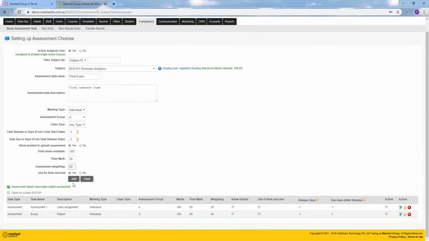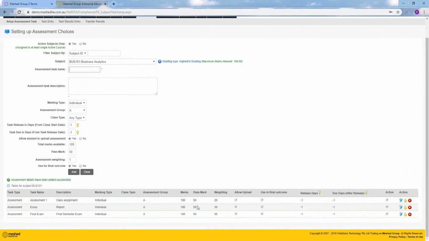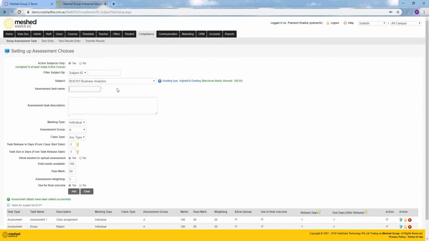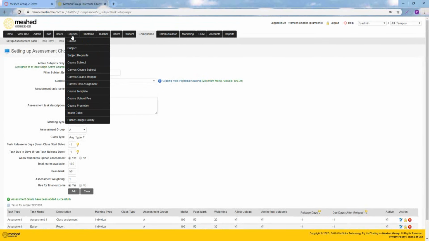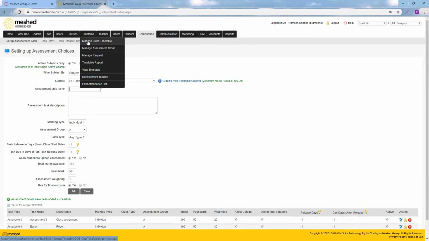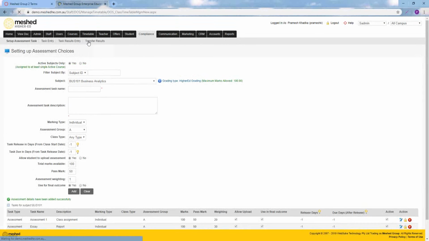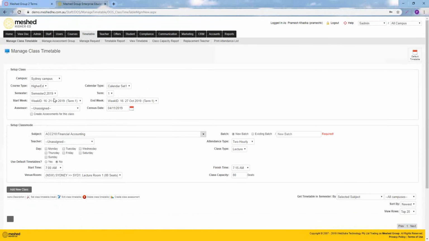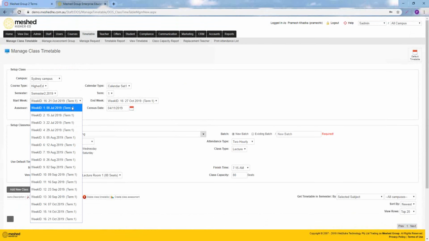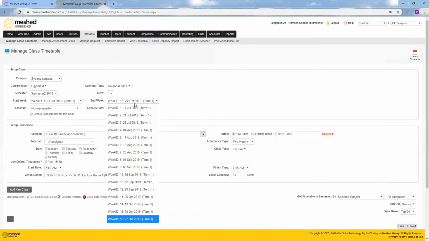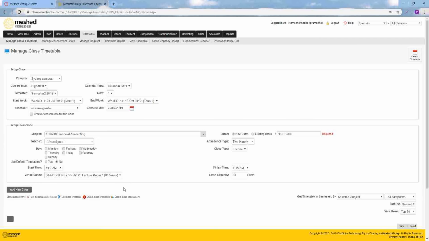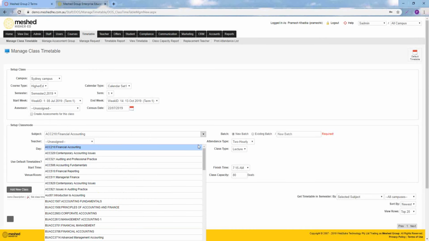And that would be, weighting would be 50, so that's total would be 100. So once you set up these assessments, then what we do is we would then set up a timetable. So for this example, we're going to select for semester 2, which starting from 8th of July till 14 weeks, and we are going to select